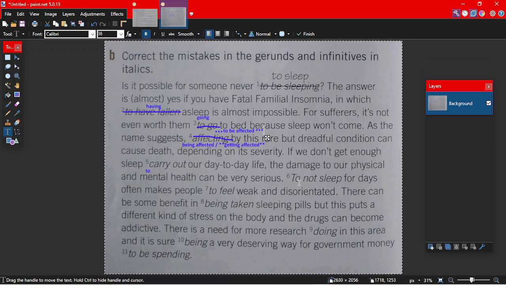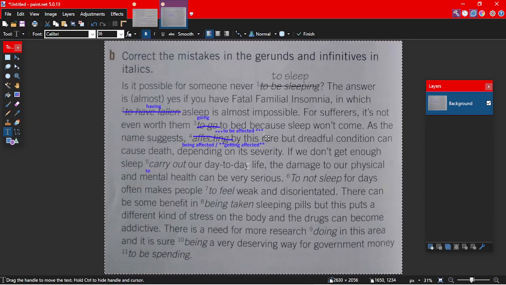I think it's better to either say to be affected by this condition or getting affected by this condition. Being affected by this condition isn't bad grammatically, but it just doesn't quite fit. It doesn't collocate. A collocation is something that fits better than other words. Words that don't collocate aren't necessarily badly written, but it's like a noise, it can be done better. But yeah, to be affected.